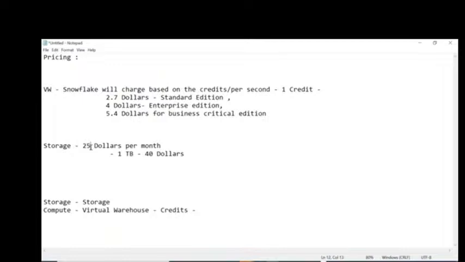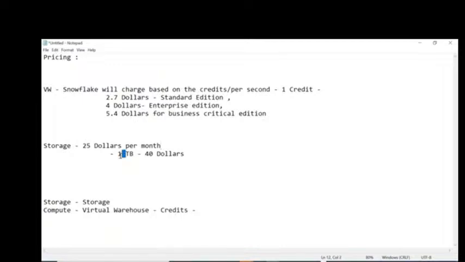Already you have taken the subscription, but you are not using it. In such a case, you need to pay $25 per month if you are not using anything but you have taken a subscription. And if you have taken the subscription and you have started to use your Snowflake,